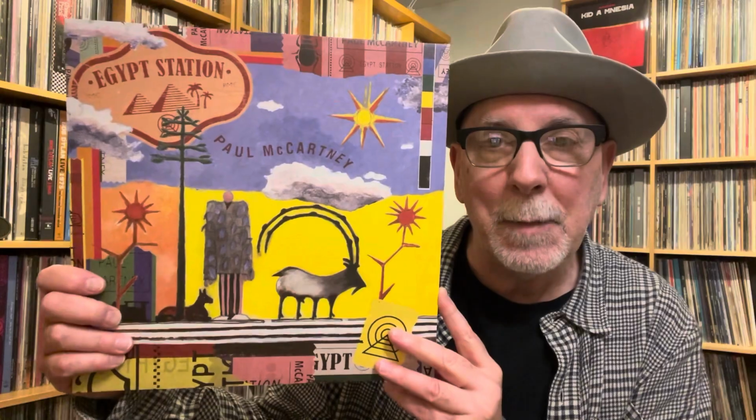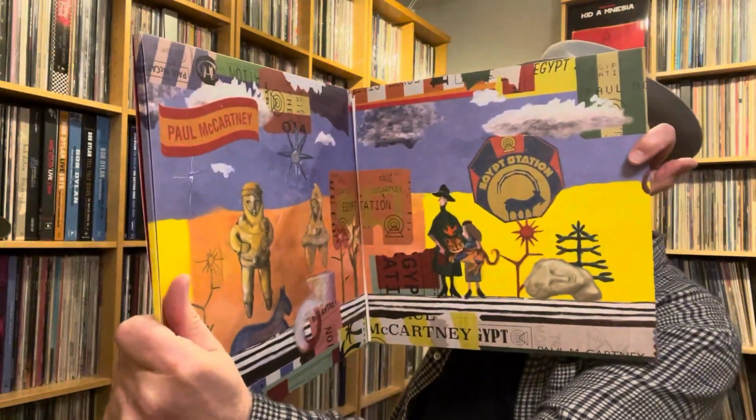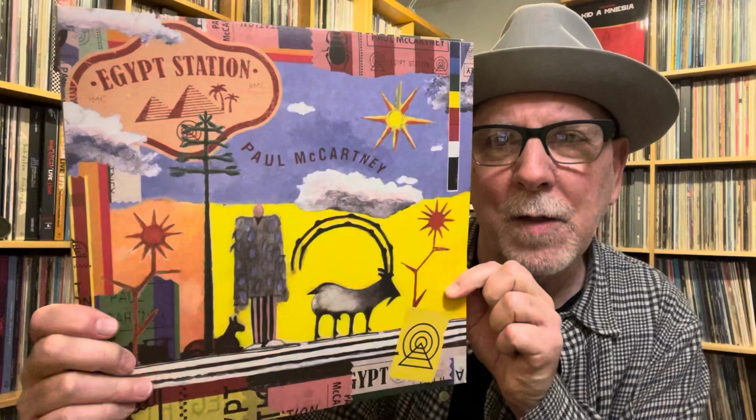And of course, more recently in the last couple of years, Egypt Station, where he took an existing painting and used it for this cover art. And I think this is gorgeous. I just love this album cover. So it's Paul McCartney, 3 albums that he did the cover. Next, we got